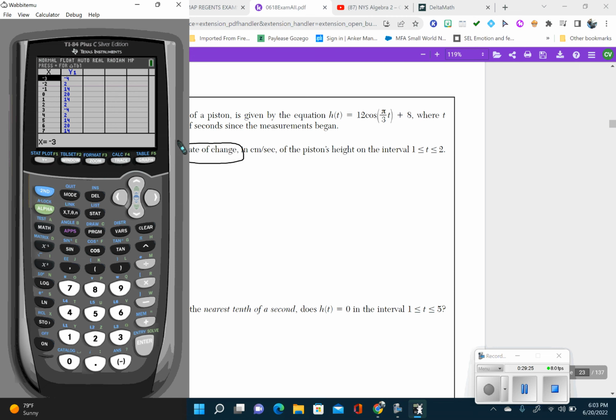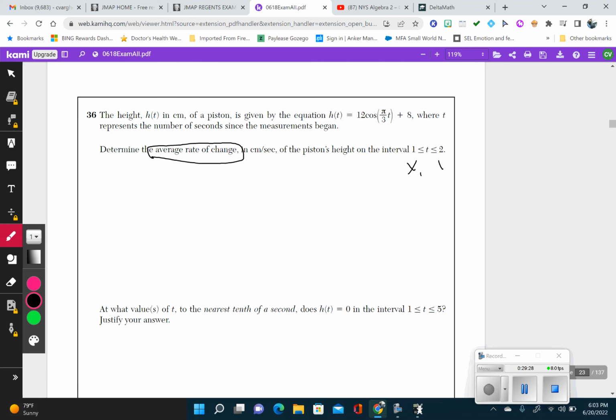So if I write on here, this is my x1, this is my x2. So I plug it into the formula, y2 minus y1 over x2 minus x1. So I'm going to go ahead and just plug stuff in. So my x2 is 2, my x1 is 1, and then to find my y2, I'm going to go to